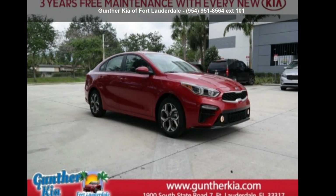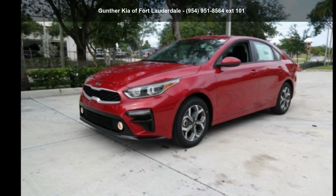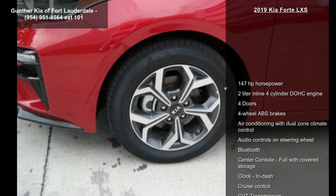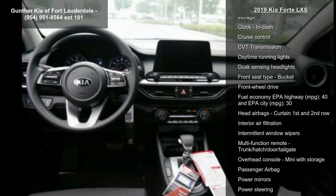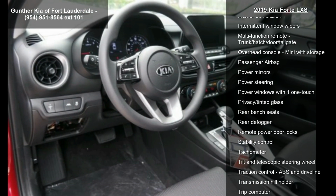Arrive in style with this Kia 2019 Forte LXS. If you are looking for an automobile with great features, look no further. Some of the top features included with this vehicle are 147 horsepower, 2-liter inline 4-cylinder DOHC engine, 4 doors, 4-wheel